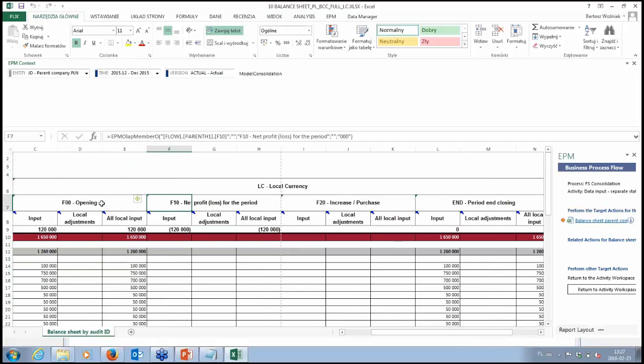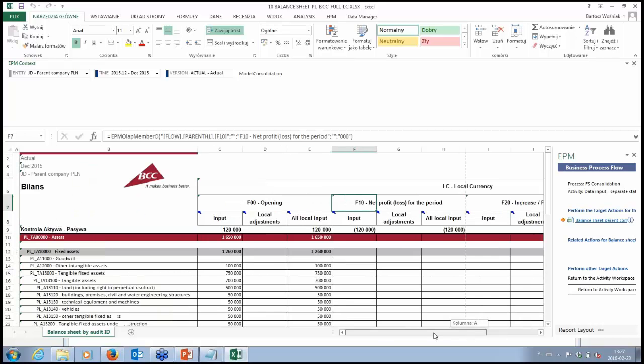We keep these in separate flows because usually data coming from the balance sheet are calculated at the closing currency exchange rate, and net profit is usually converted at the average currency rate.